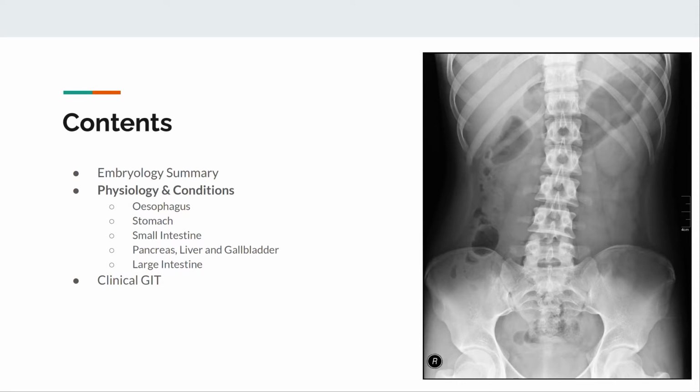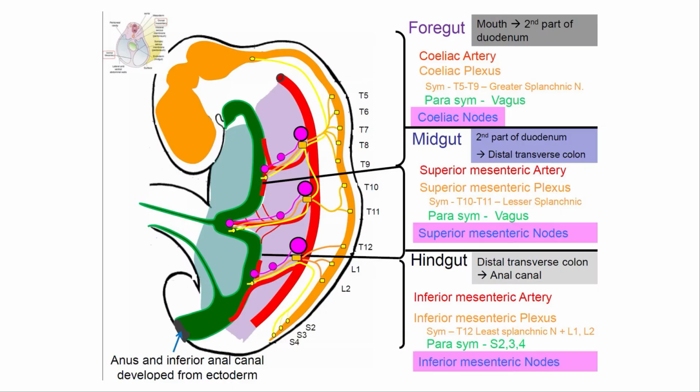So in this lecture, we're going to quickly go over the important pieces of embryology in one slide, then cover the basic physiology and some high-yield conditions from each part of the tract, and then finish off with some clinically relevant points. So in terms of embryology, the things that you need to take away from this are